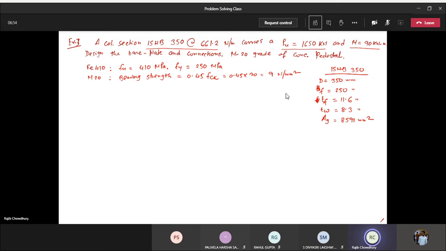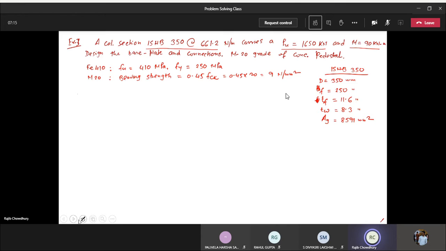So these are the broad data which have been required to make the solution of this particular problem. So what are the different steps over here? The same or similar steps over here, only a few changes will be required. So what changes are required?